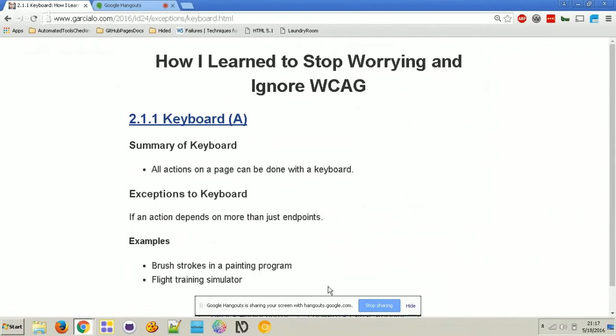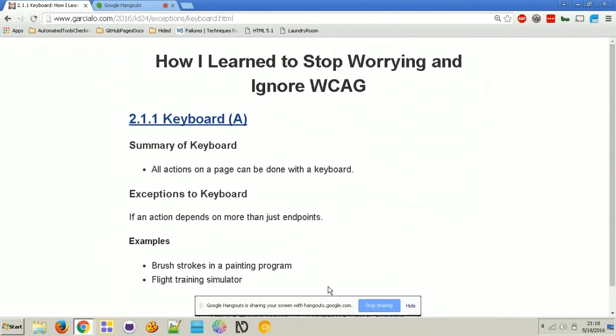So the examples are brush strokes in a painting program. Another example is a flight training simulator, specifically the one that WCAG provides: a model helicopter flight training simulator.